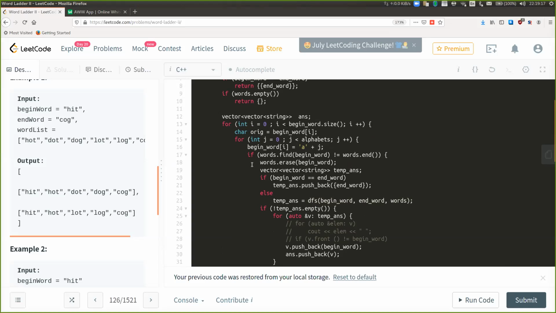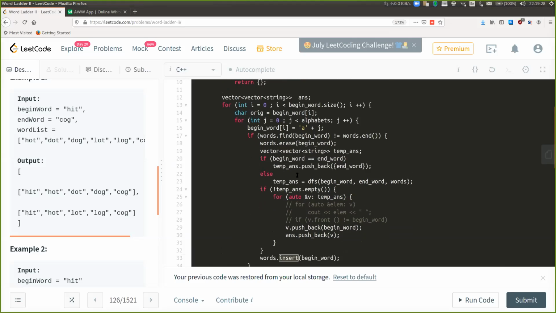The entire total space complexity will be like 26 into n square, considering the number of words and the number of characters in a word is n. The voice is breaking on me. So exponential, right? Not exponential, polynomial, right? 26 into n square. Yeah, so 26 to n square, that's exponential, isn't it? Like 2 to the n, that's exponential.